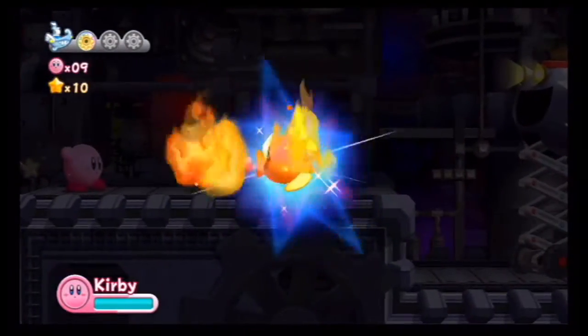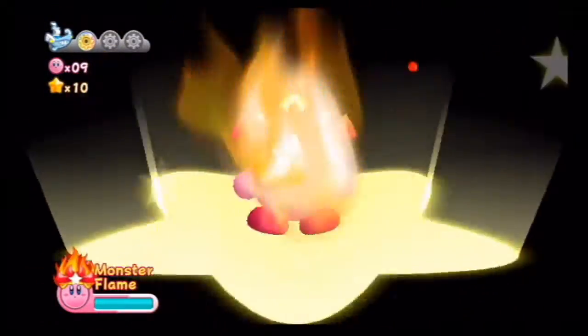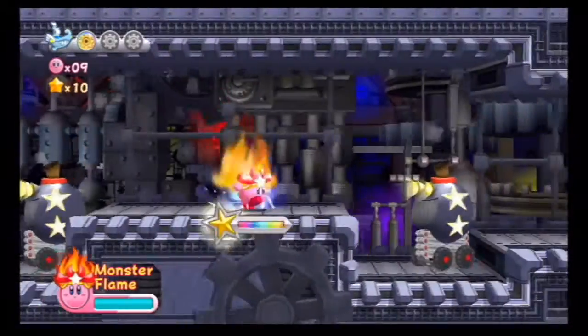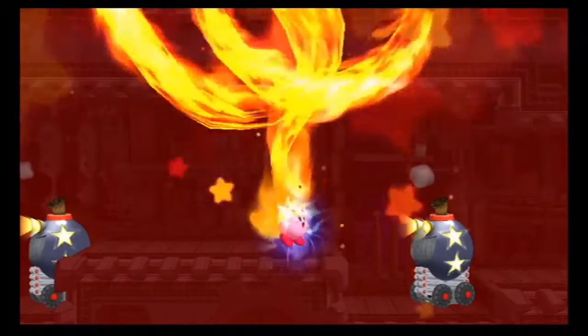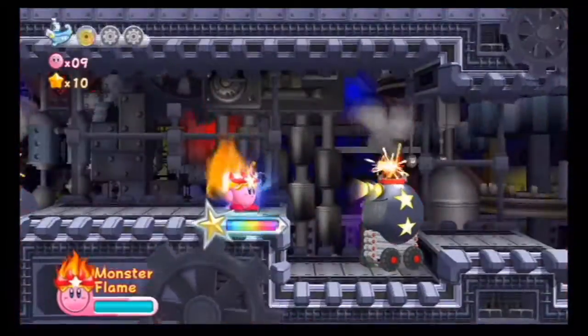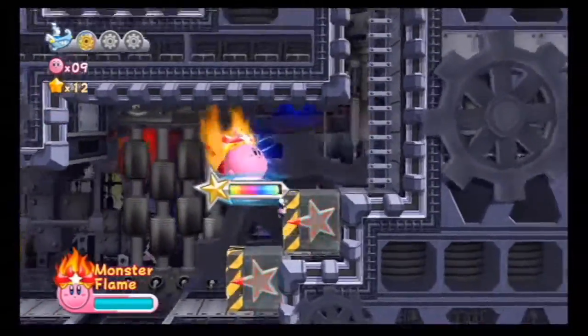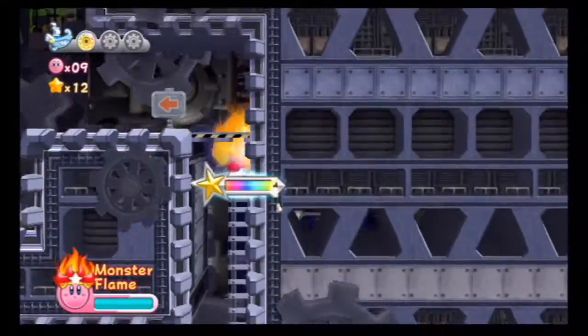Anyway, let's go ahead and get the Monster Flame ability out, so that we can fuse those bombs and proceed to the level. And as far as I'm aware, the portal dimension is going to be somewhere later down the road in this section in particular. So either way,